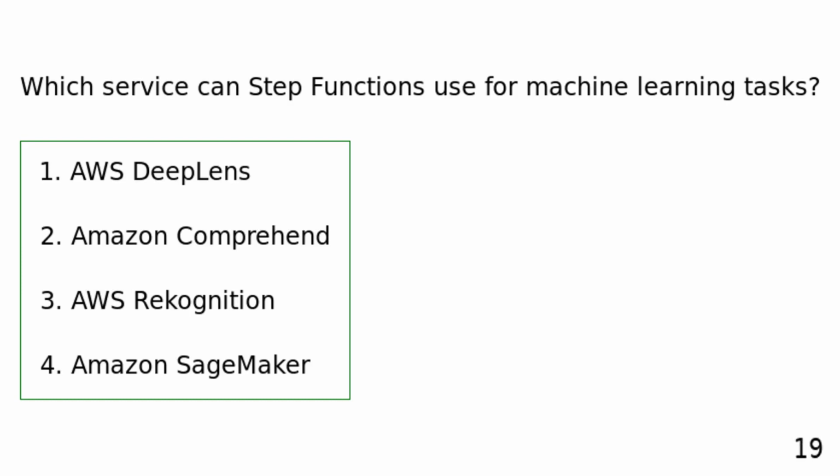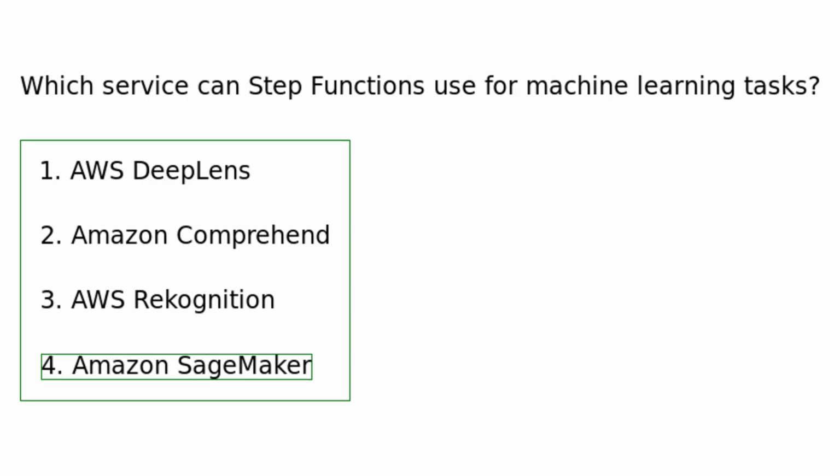AWS DeepLens, Amazon Comprehend, AWS Rekognition, Amazon SageMaker. Step Functions can directly integrate with Amazon SageMaker to orchestrate machine learning workflows, from data preparation to model training and